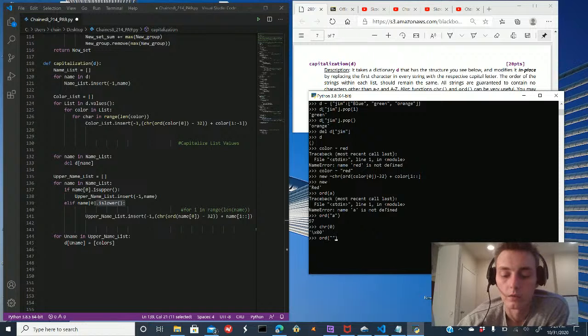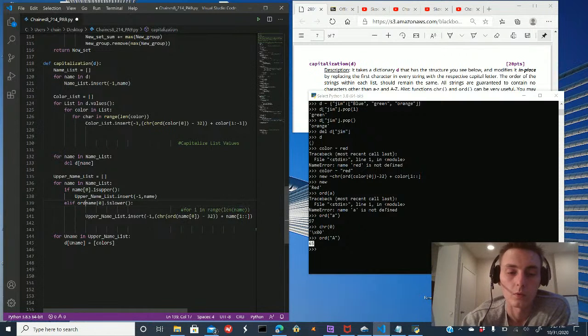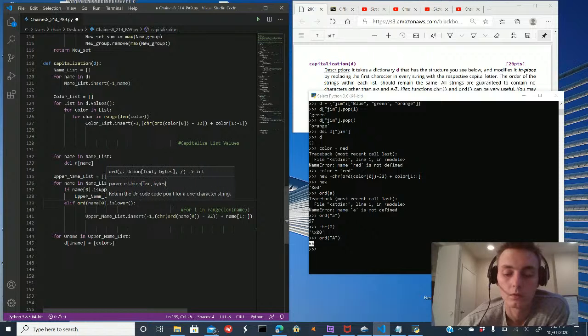So ordinate of uppercase A is 65. So instead of saying is lower, we can say if name 0, if ordinate name 0 is